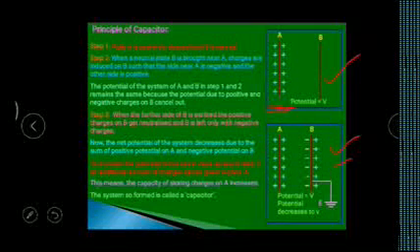Now if we calculate the potential of plate A, we see that this negative charge also decreases the potential of A, as the total potential on A is equal to VA plus VB. Since the potential VB is negative, the potential of plate A reduces. When we reduce the potential, we can give it more charge to take it to the same potential. So the capacity of this conductor A increases. In this way we can increase the capacity, and this is the principle of the capacitor.